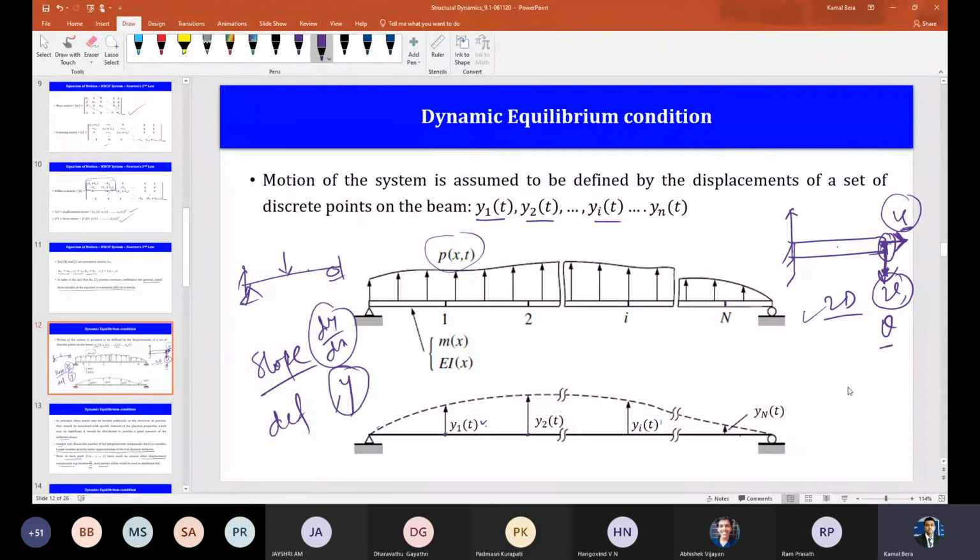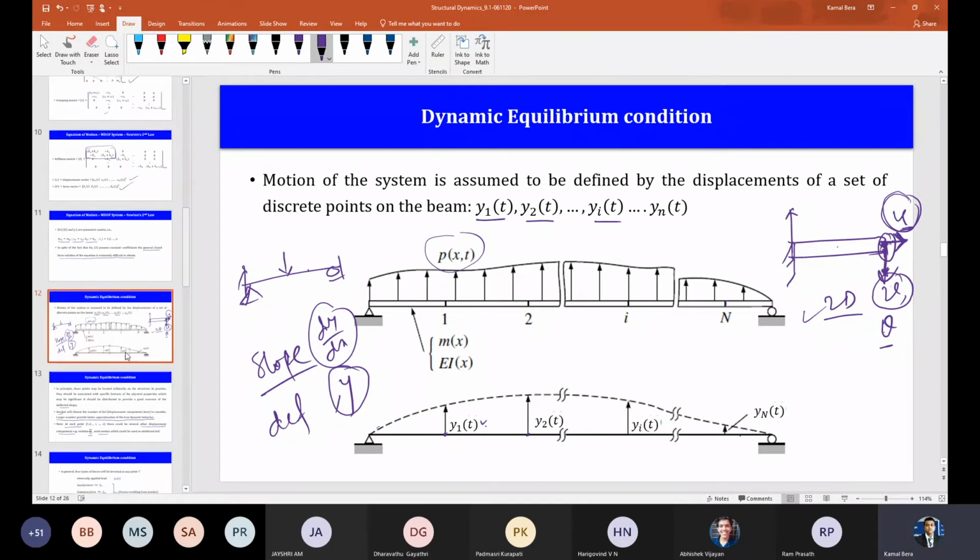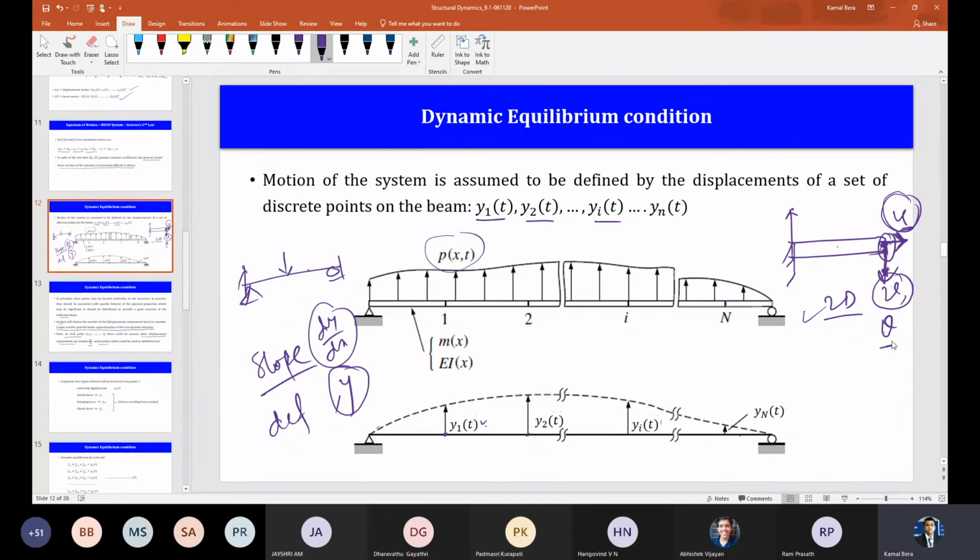So there can be 3 degrees of freedom for a 2D problem: u, v and theta. But for a 3D problem, if the beam is in 3-dimensional space, then at each node or each point there are 6 degrees of freedom. I'll not go into that. So this much you should remember: there can be u, the axial deformation, the transverse deflection v, and the rotation, that is dv by dx, theta, or if you call it y, then dy by dx. That is the slope for the Euler beam, excluding the shear deformation.